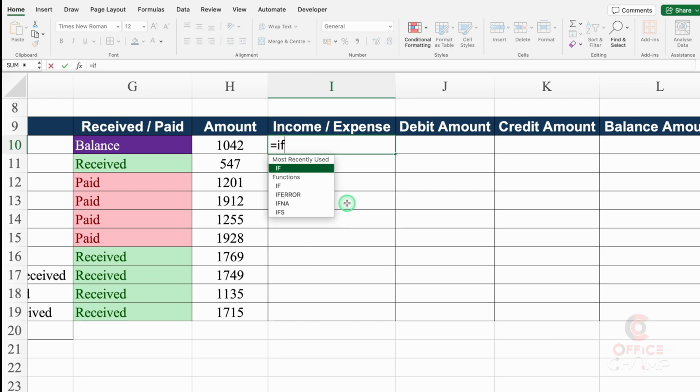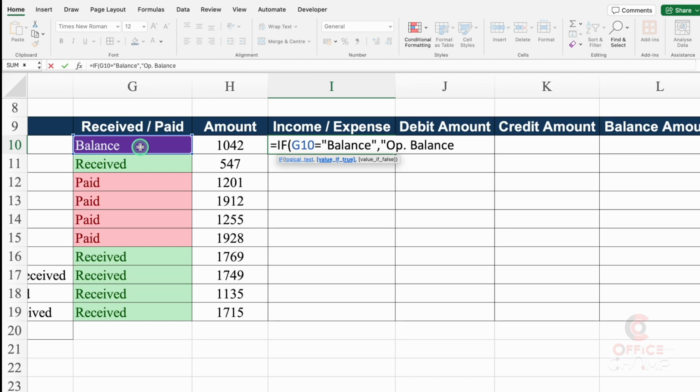Plus or equal to IF, bracket open, I'll click on balance, is equal to balance. So whenever we insert text inside Excel formulas, we put text inside double inverted commas. So I'll put double inverted comma balance, double inverted comma close. So if it is balance over here, what do I want in return? I want opening balance. So I'll put double inverted comma opening balance, double inverted comma close, comma, I'll put another